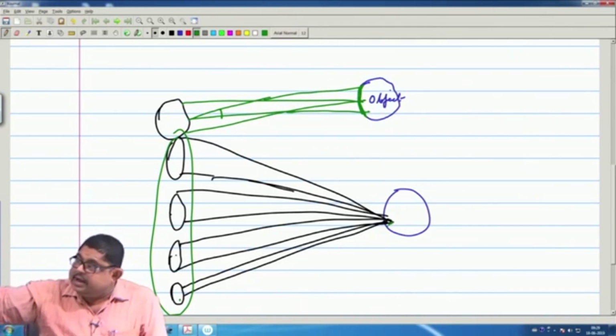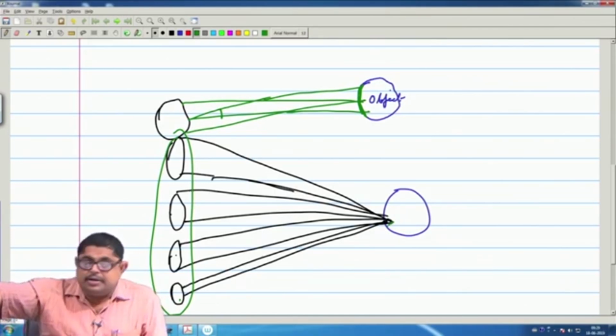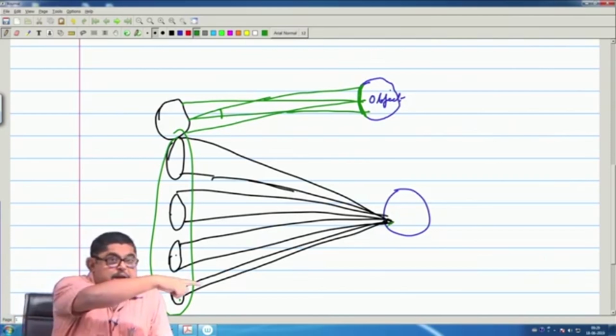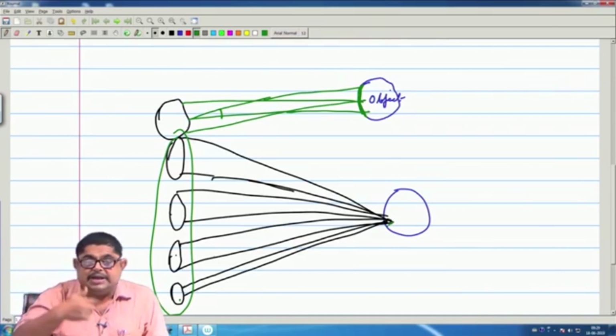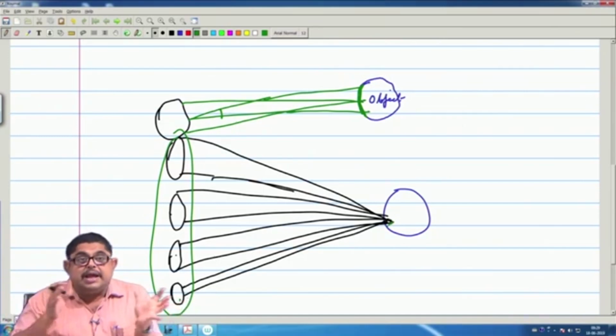Many times I see, also while I am seeing, I am traversing from the right of the room to the left of the room. So, many times I am seeing the same point from various angles, and if I can store all those things